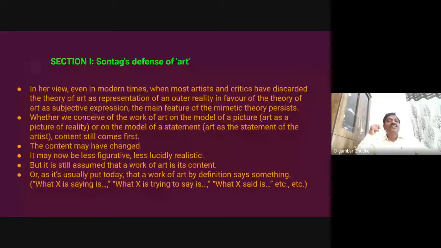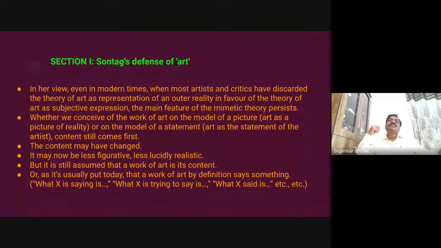Now, in our view, even in modern times, when most artists and critics have discarded the theory of art as representation of an outer reality, many of the modern theorists have rejected this particular view in favor of the theory of art as a subjective expression. They discarded this theory of representation of an outer reality because they believed in individualism. They started thinking of art as a subjective expression, for example, romanticism, modernism, etc. So they started talking about individual emotions,